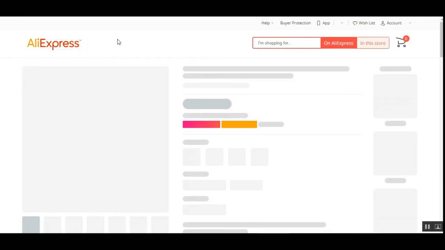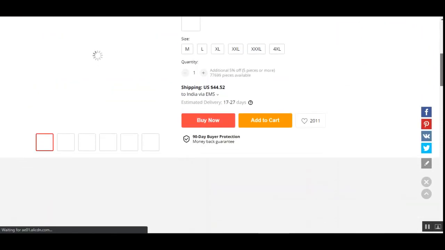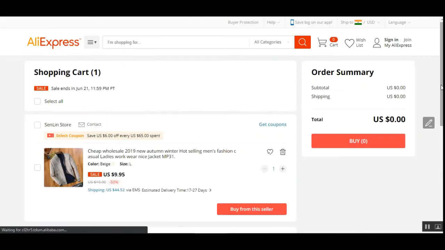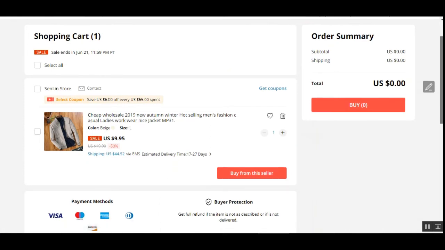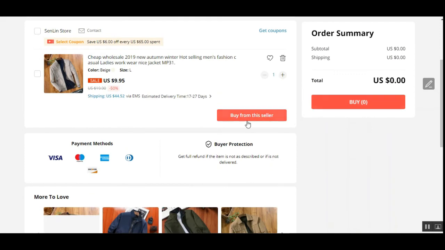So let me tap the place order button, and here you can see that we have reached the AliExpress section there, and then the admin would see that he has reached the checkout automatically. And from here the admin can make a payment for this particular product, and to buy that you just need to tap here on